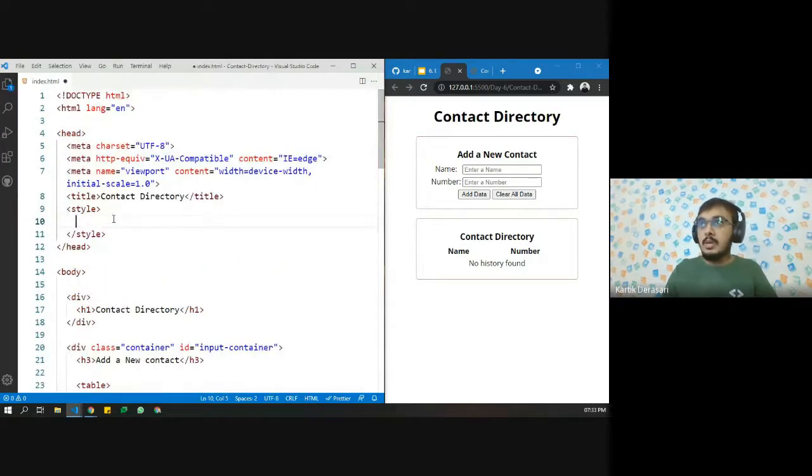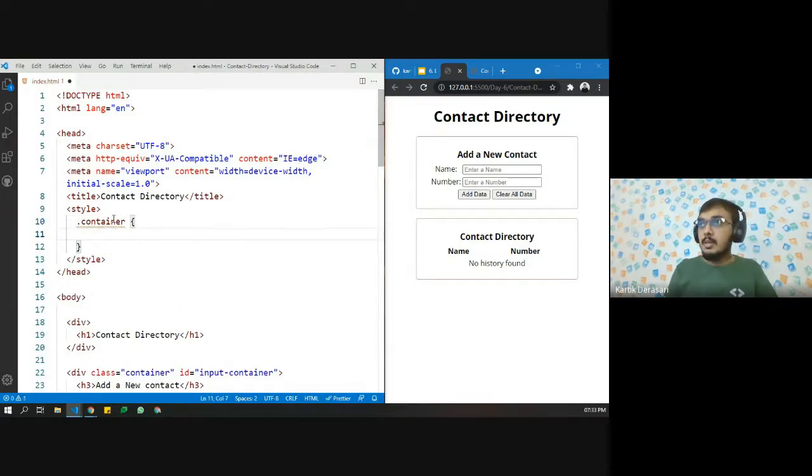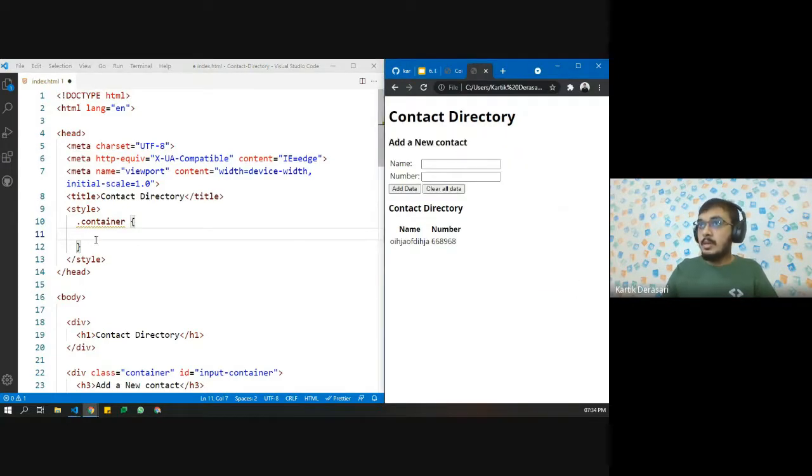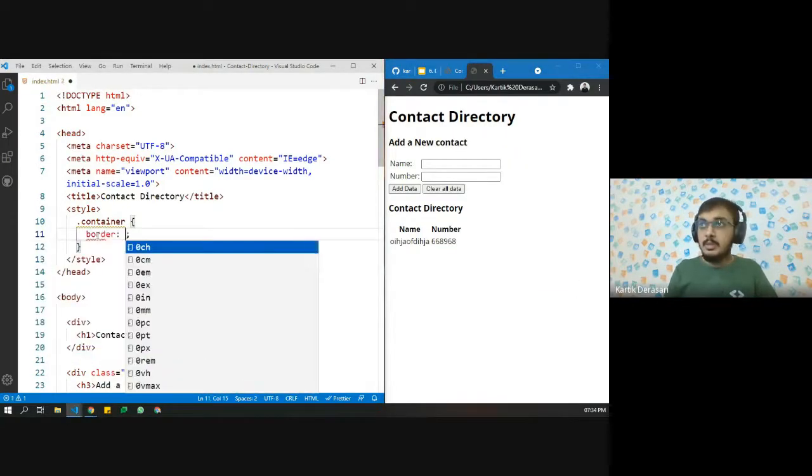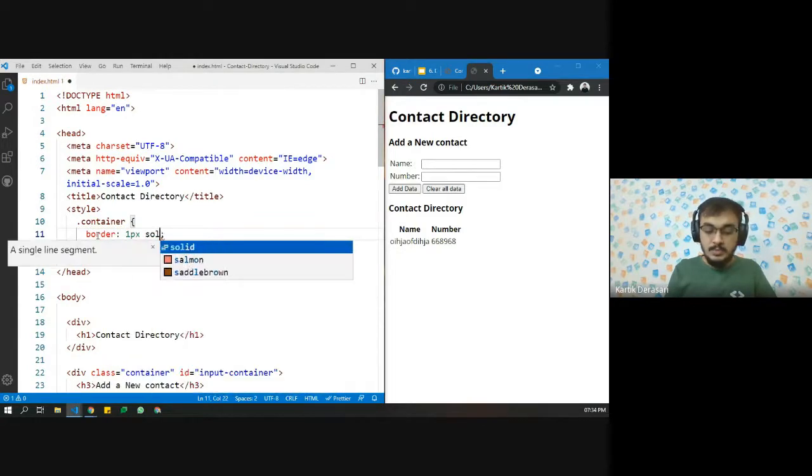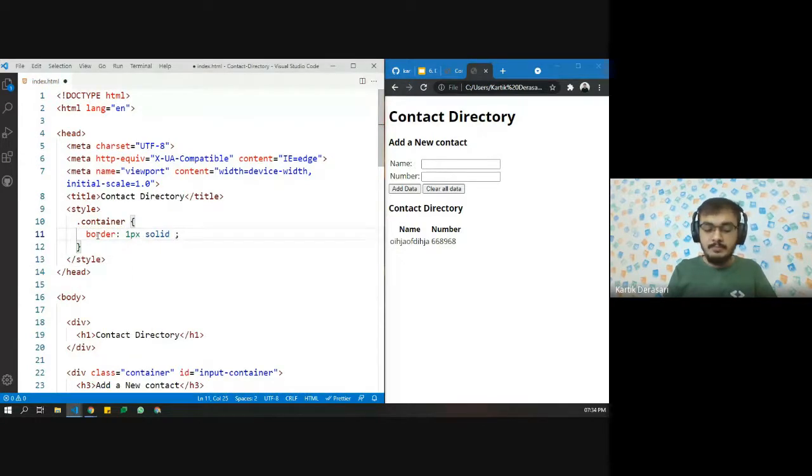Let us see how we can design the container. So let's say container, inside that let us have a border. Say border equals to 1 pixel solid gray.